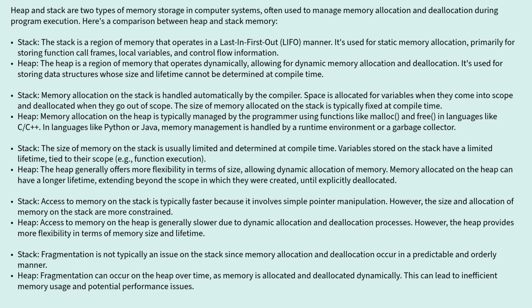The stack memory is handled by the compiler during compile time, whereas heap memory is generally allocated using malloc and deallocated using free. The size of the memory on the stack is usually limited and determined during compile time. The variables stored on the stack have a limited lifetime tied to the scope of that function. Heap memory is more flexible in terms of size because you can dynamically allocate and deallocate it, and it also has a longer lifetime because these data structures or variables generally extend beyond the scope in which they are created, until they are